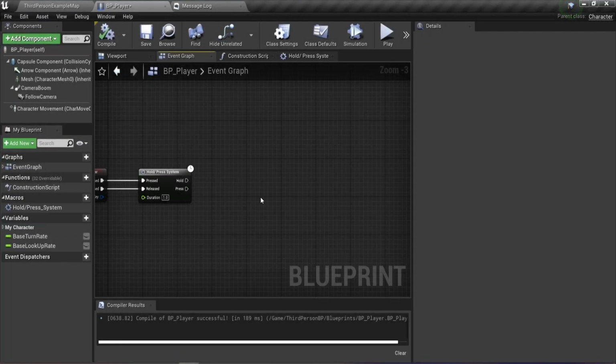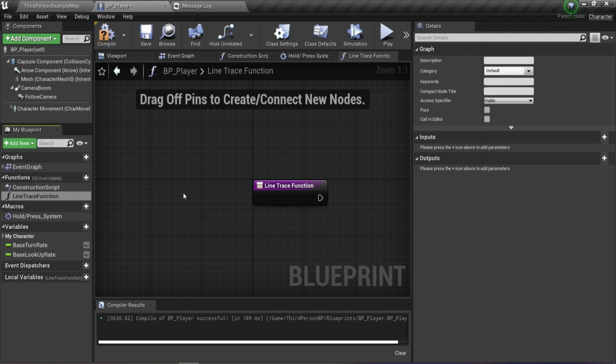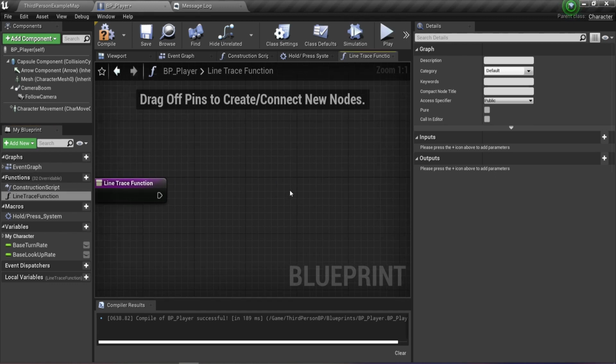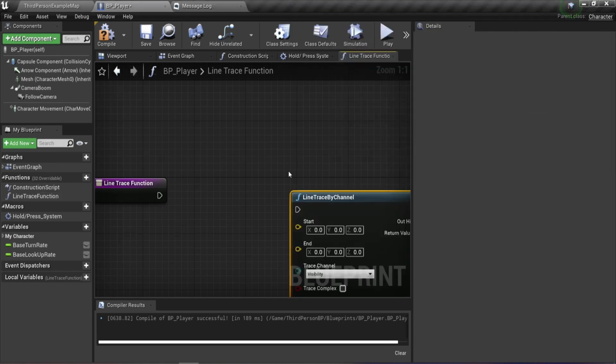Since we are creating the line trace for the hold and press, the code is going to be very long. So that's why we need to create a function here, and we just name it line trace function. We just temporarily name it this way. And after that, search line trace by channel here,